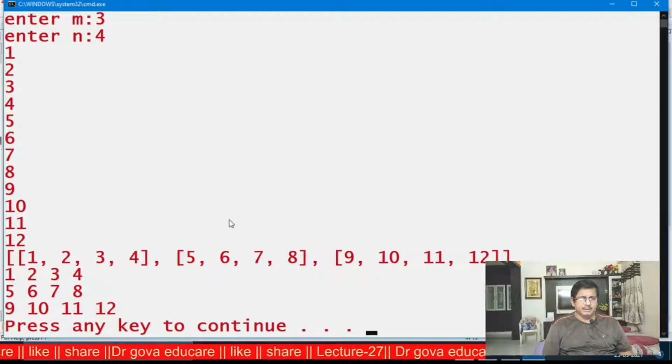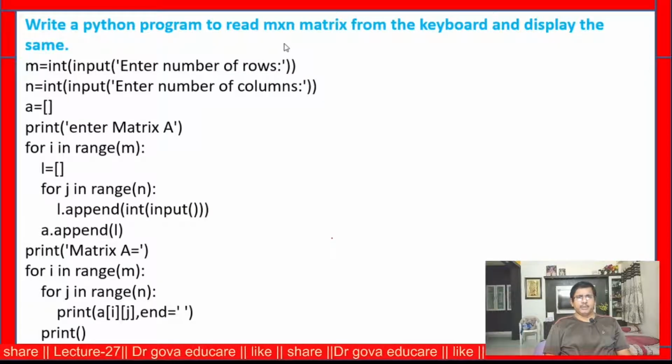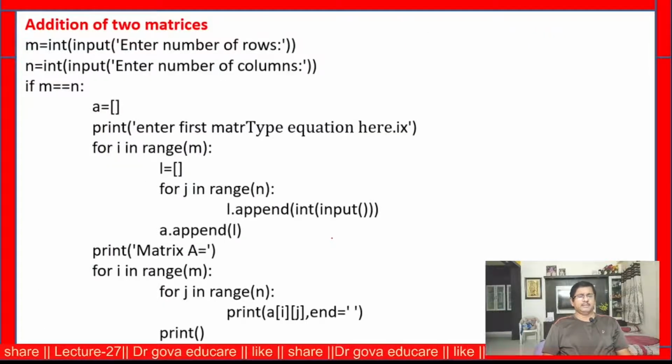Observe here, this is the nested list, 3 rows, 4 columns. Now this is the 3 by 4 matrix. This is the program to read an m by n matrix from the keyboard and display the same.